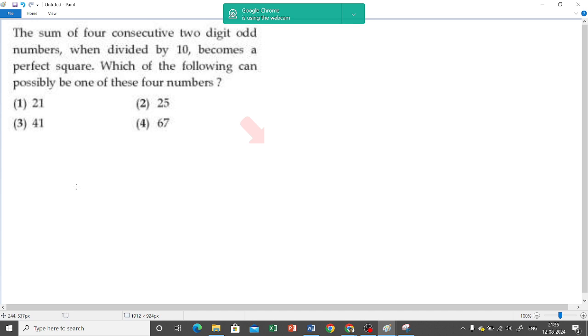Okay. See, the sum of four consecutive two-digit odd numbers when divided by 10 becomes a perfect square. Okay. Now see, here is the trick. How should I take those two-digit odd numbers? Now see, here it is given the sum. That is, I need to add all of them. Let me take the odd numbers as like this: x minus 2,